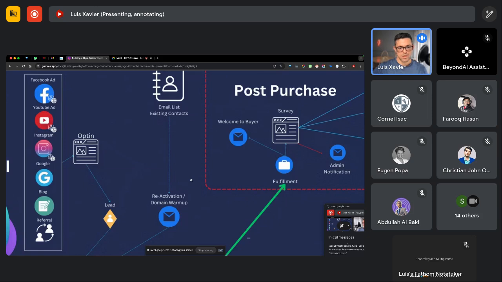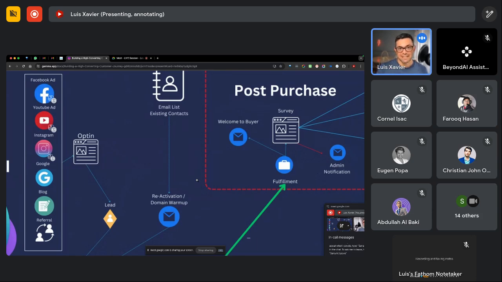In here, the goal is to really get the leads to engage. We want them to open the email, and for them to open the email, we need a very powerful subject line. Then we want them to read the content and click on a link inside of the email itself.